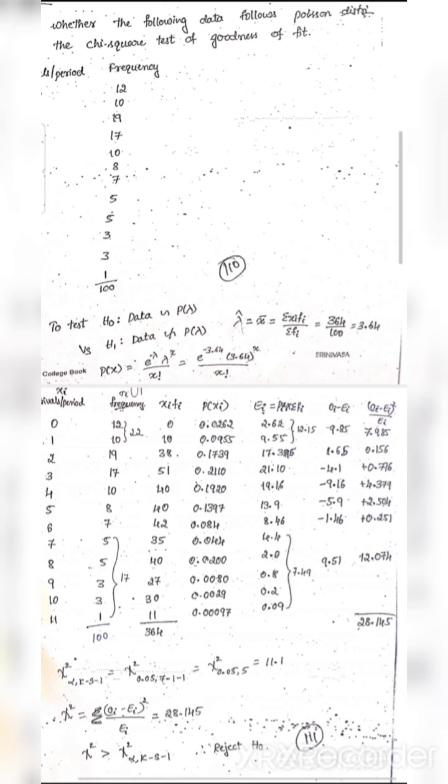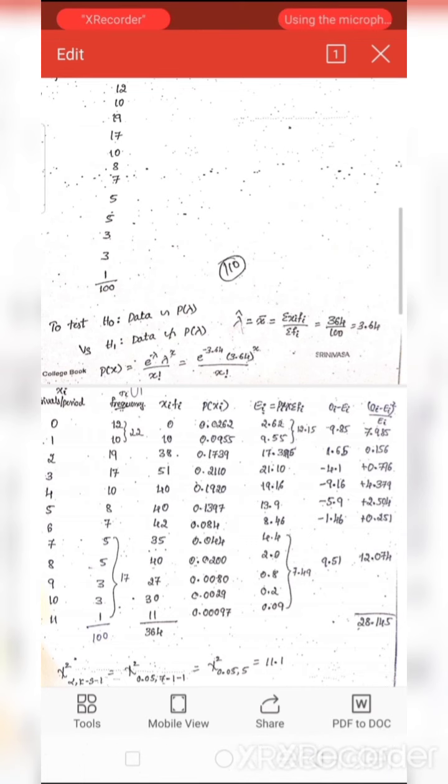But in our case, I had got here the x square value as 28.145, which is greater than 11.1. Right, which is greater than the critical value, that is x square is greater than the critical value, so the hypothesis will be rejected. Understood? Now if the x square is greater than the critical value, we should always reject the hypothesis, which means the input data that was collected is not a proper fit, not good for the goodness of the fit. Now I will show how to find this critical value, that is x square 0.05 comma 5 equal to 11.1, how we had got. Clear?